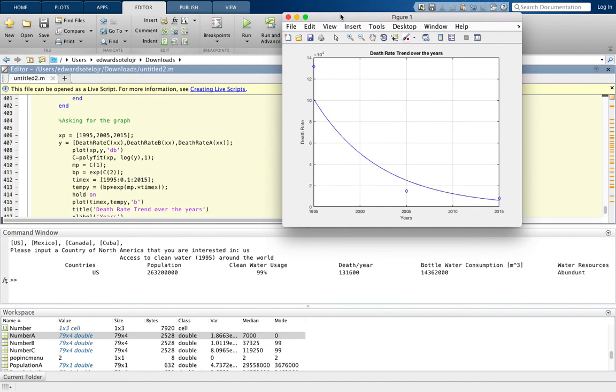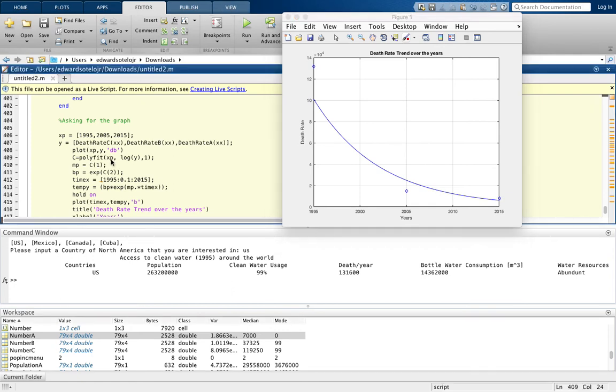And then we do a polyfit. It was a trial and error type of thing to figure out what will work best, but exponential polyfit, or trend line, will work. So we do what we learned, plug in the x variable, and then we do the logarithm of the y and 1, and then we get the new